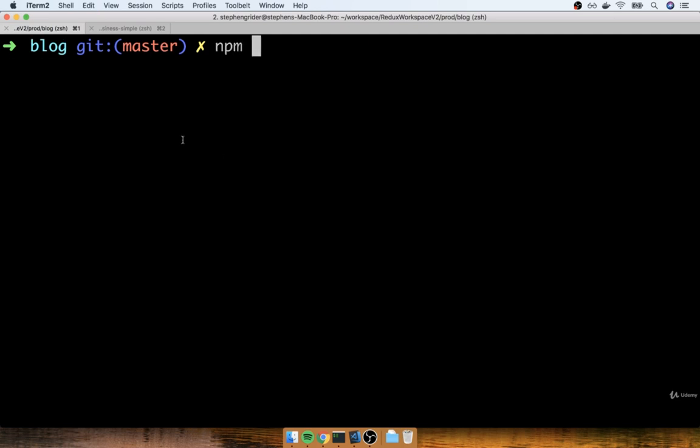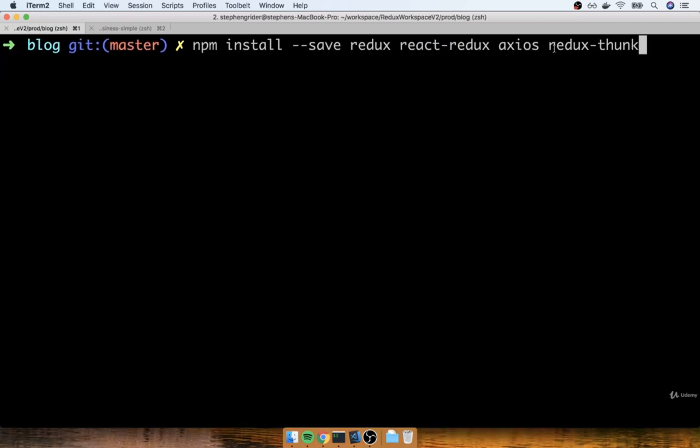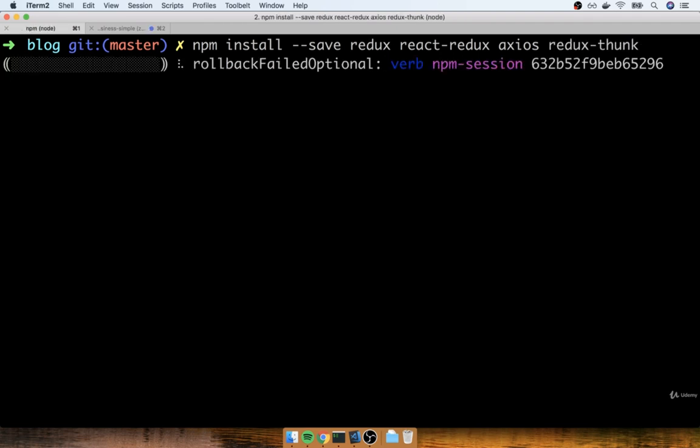So inside of my blog project directory, I'm going to do an npm install --save. And we're going to get Redux, React Redux, Axios, and then one other new dependency that we're going to talk about quite a bit inside this application called Redux-Thunk, like so. So Redux-Thunk, that's the new one. Okay, so I'm going to run this, and while that's installing, let's have a quick reminder about what all these